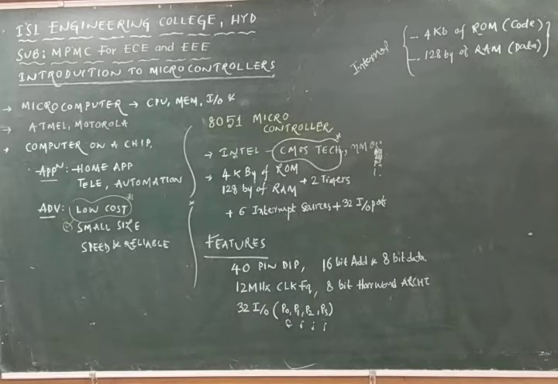In tomorrow's class I am going to talk about the internal architecture and the block diagram of the 8051 microcontroller. Another name for the microcontroller, which we know is a microcomputer, is computer on a chip. That means we get the complete computer on a chip. The parts of a computer consist of the CPU, memory, input output devices, and some special function devices also. All these we get in the form of an integrated circuit, onto a chip, so it is called a microcomputer.